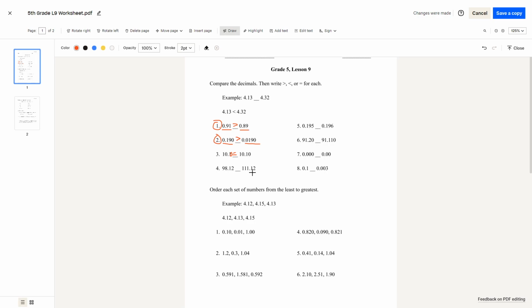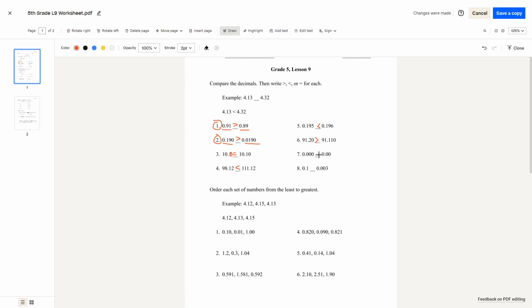Question number 4, 98.12 and 111.12. We can see that the number on the right is greater, so we put a less than symbol. Number 5, 0.195, 0.196. 0.196 is greater. Number 6, 91.20, 91.11. 0.20 is greater. Number 7,